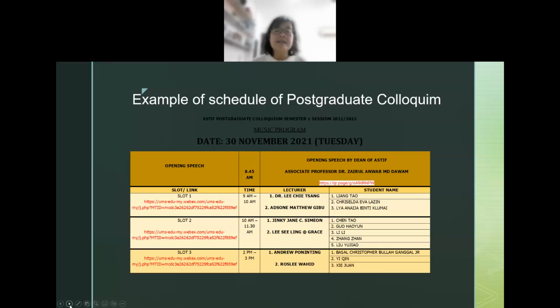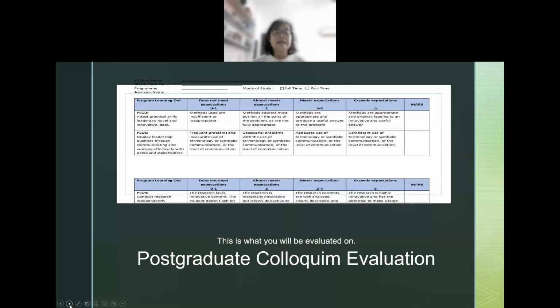Please understand this. This is after the RMC, but you have to do something else after RMC. Now we are just talking about the proposal you're going to do. In the proposal, this is part of the items in which we will be assessing you, such as whether your methodology that you use for your postgraduate research